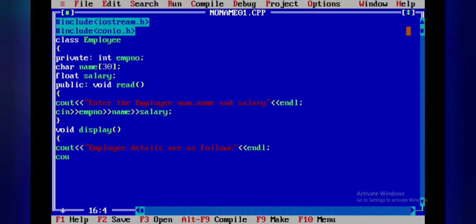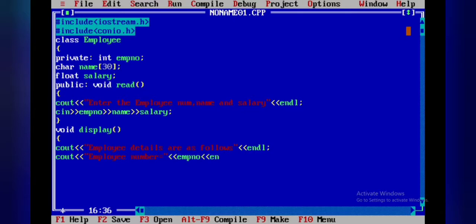Then cout employee number, where it is stored, it's stored in empno.